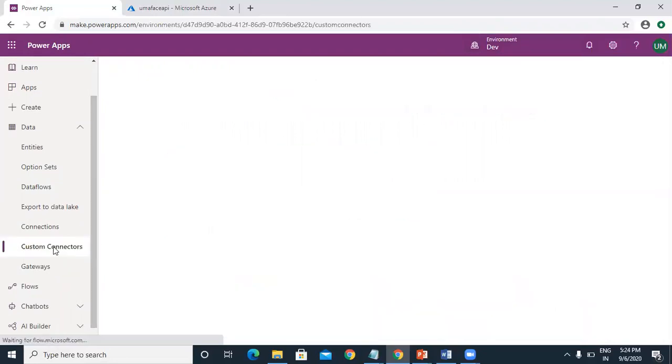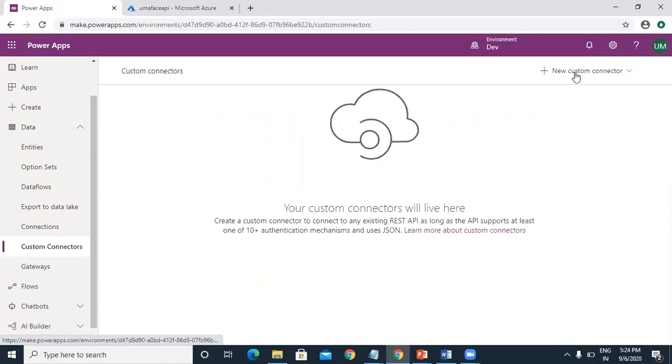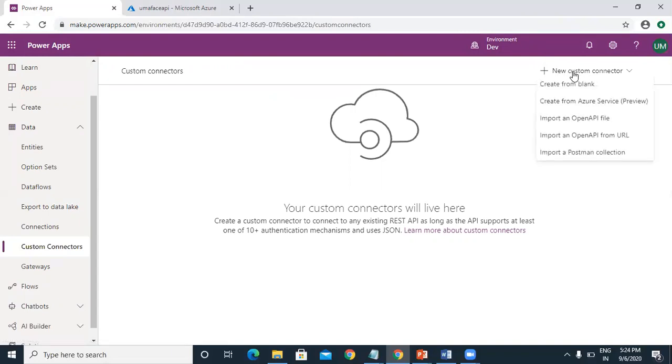Click on it and it will show all your existing custom connectors, if you have any. If we don't have anything, we can create a new one; at the top you can see New custom connector, so click on it.